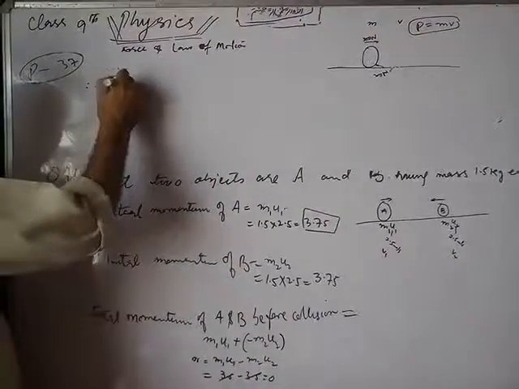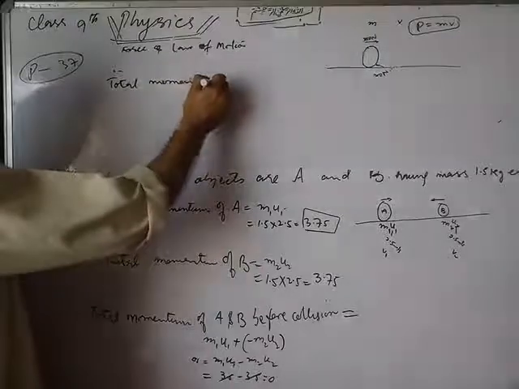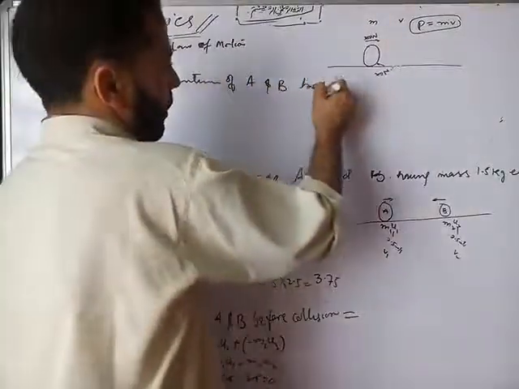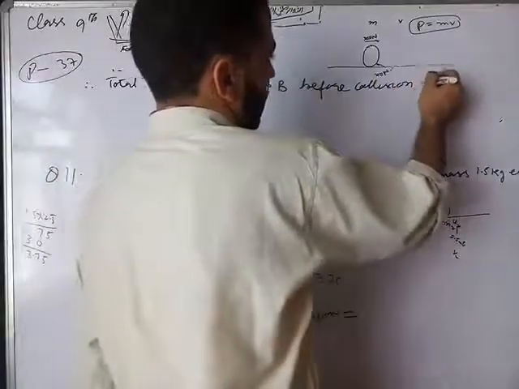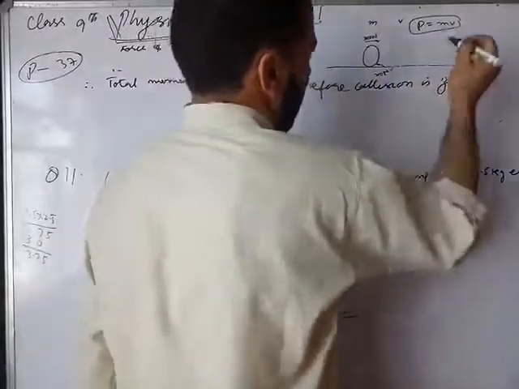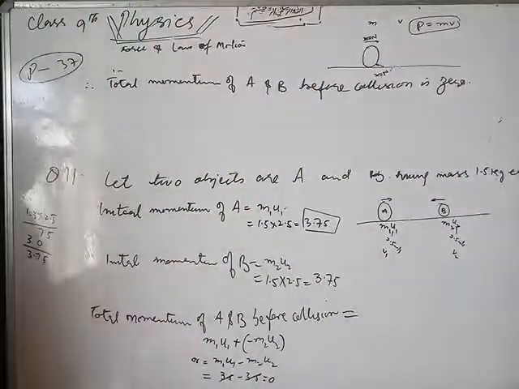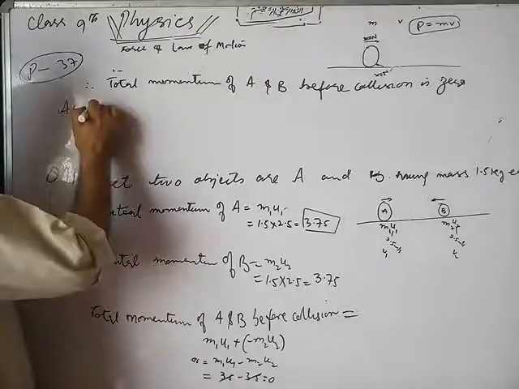Therefore total momentum of A and B before collision is 0. ठीक, when before collision momentum is 0, by law of conservation of momentum, shabash, according to